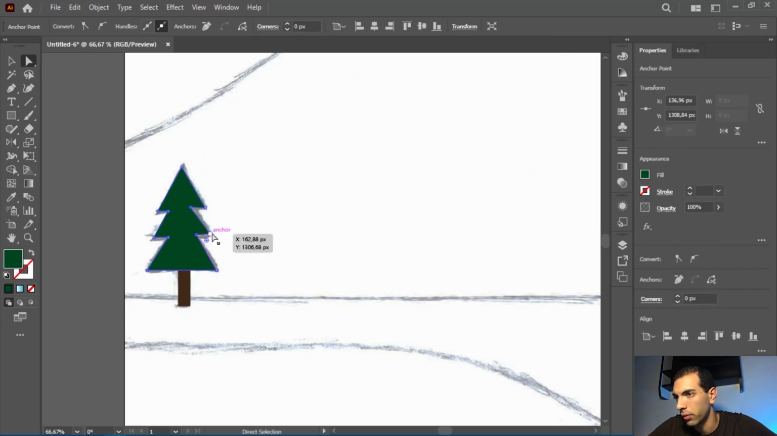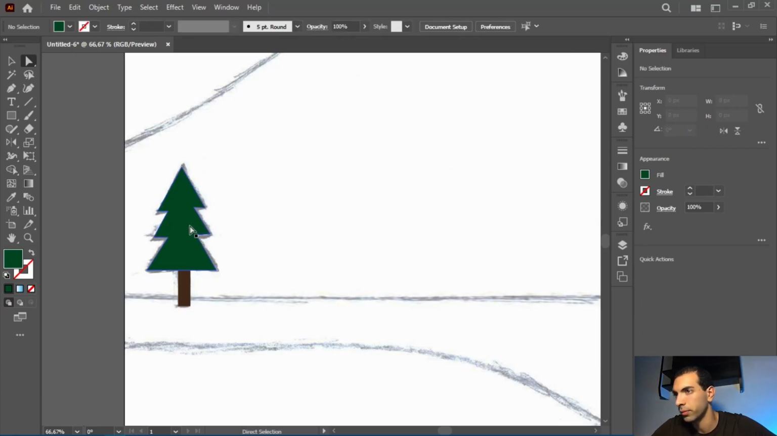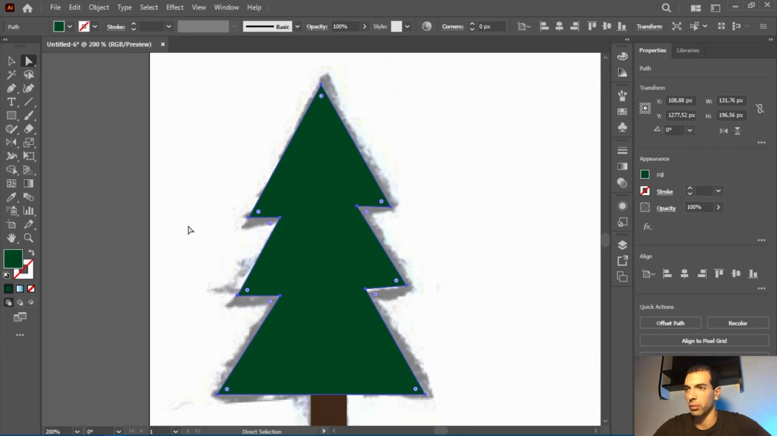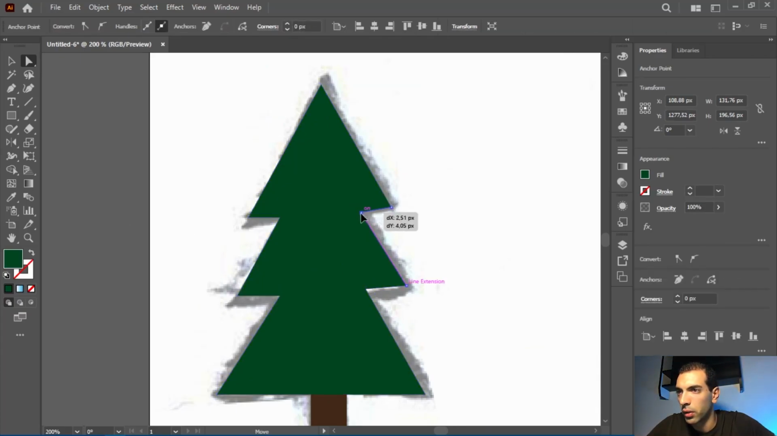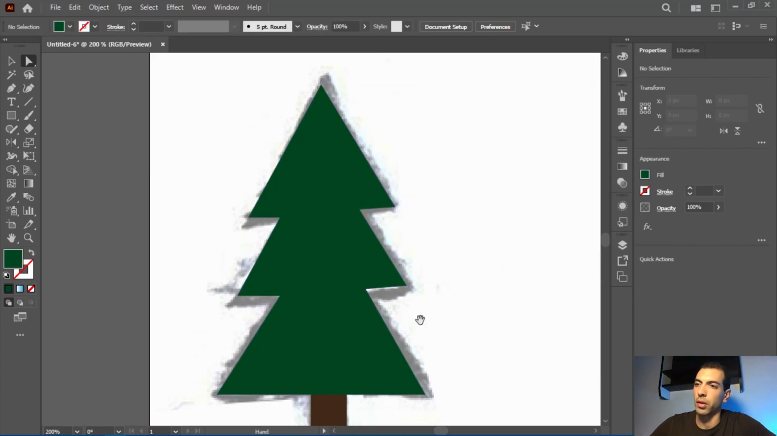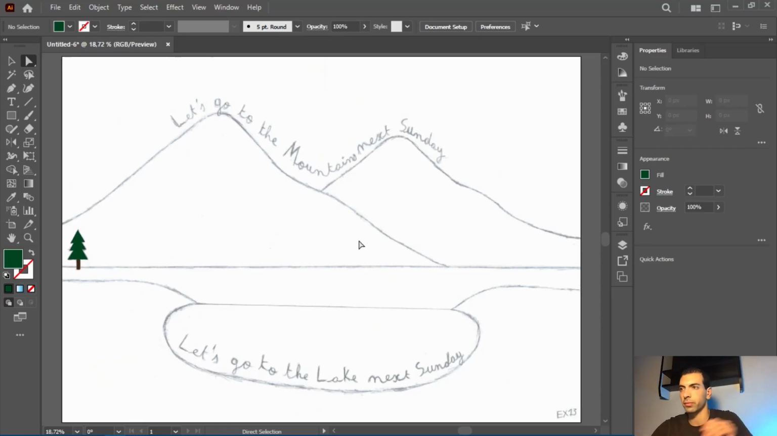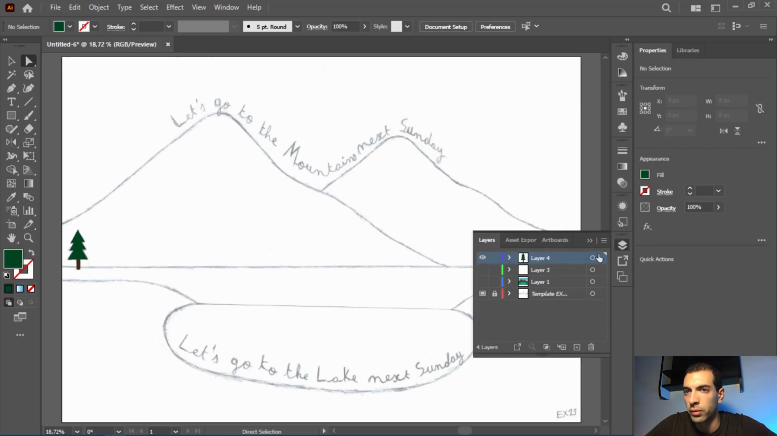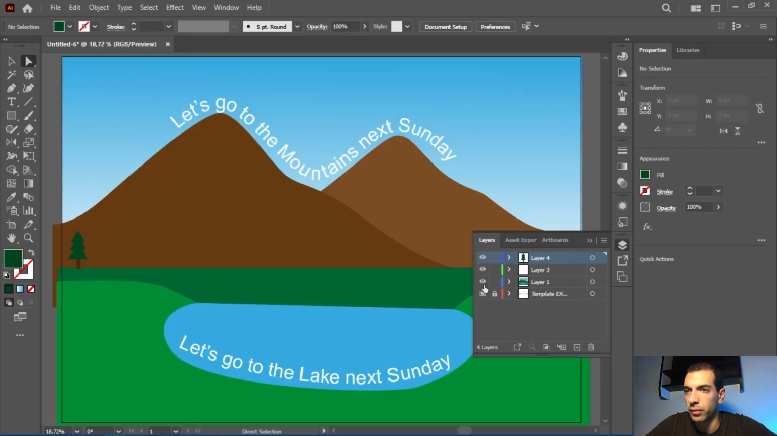Direct selection tool. I'm gonna move a few points like this, make them match the sketch. I think this looks fine. Gonna zoom some more. I think this looks fine. I'm gonna bring back these layers,